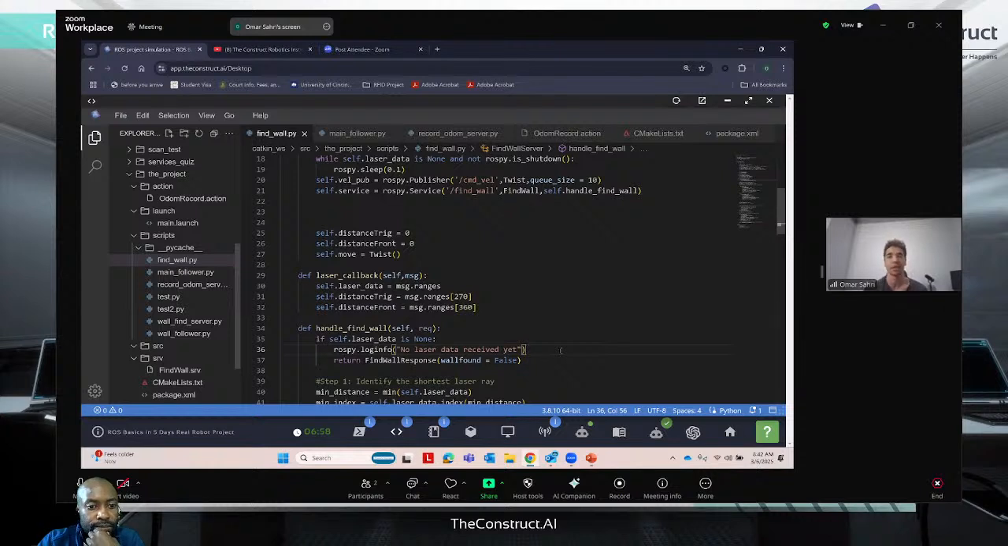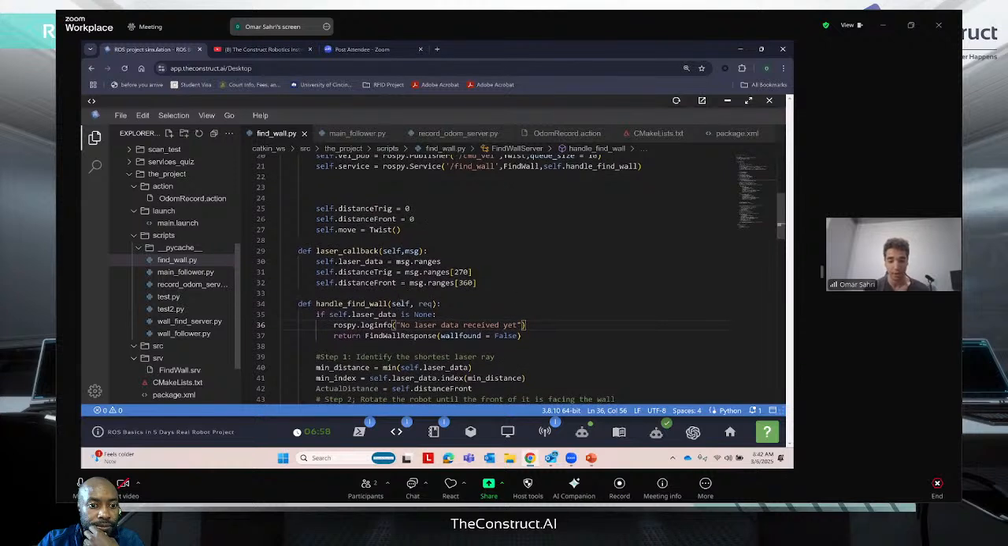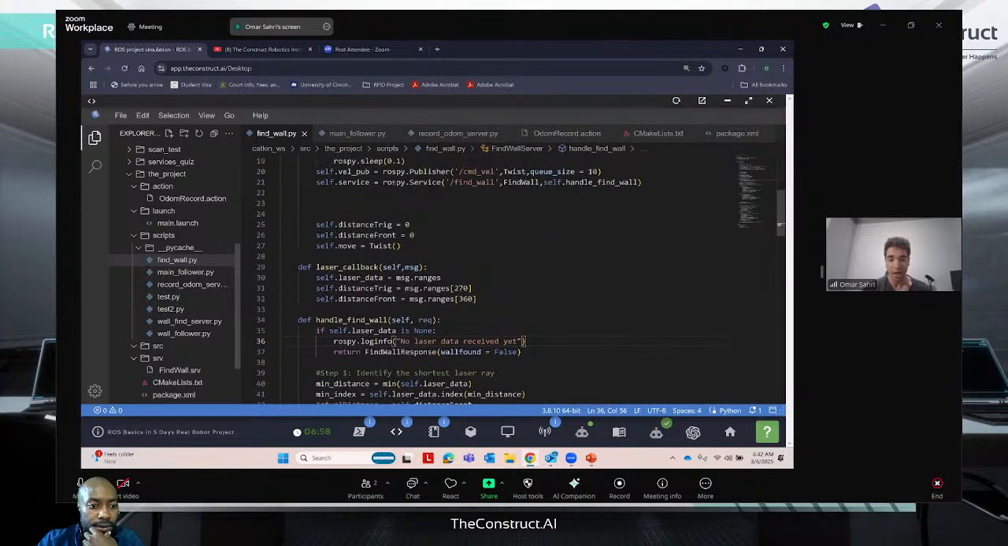And that would be if, for example, the laser is not working or something like that. That would be a way to know it. Okay. And so I added this while loop, so I make sure that I have that laser data before I go through with handling how it moves around the wall. Okay. I also subscribed